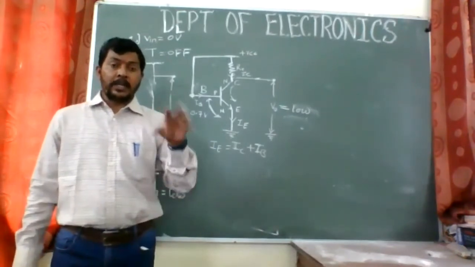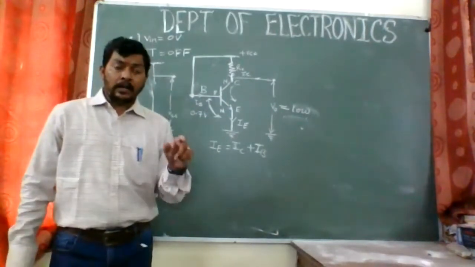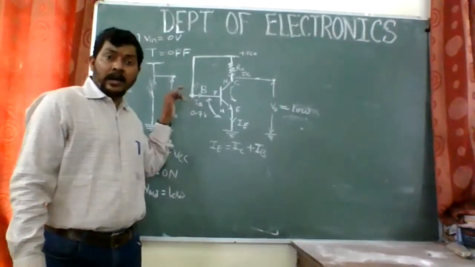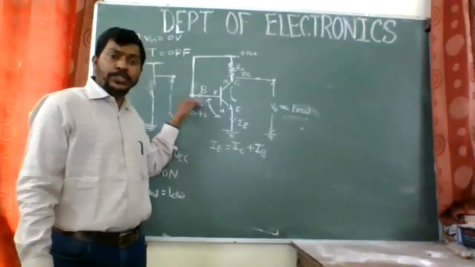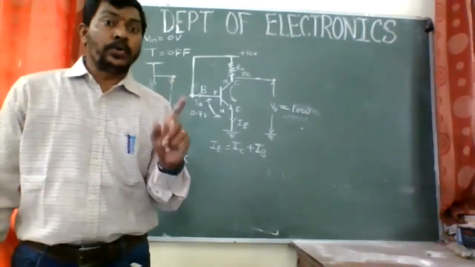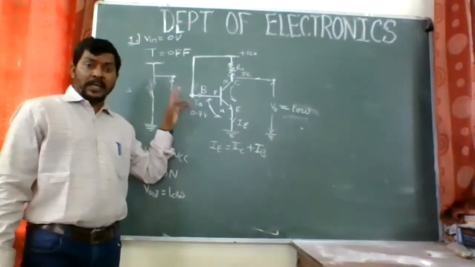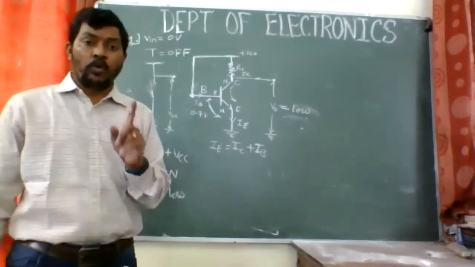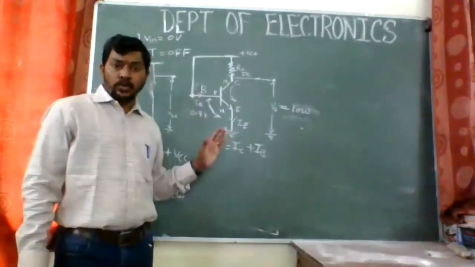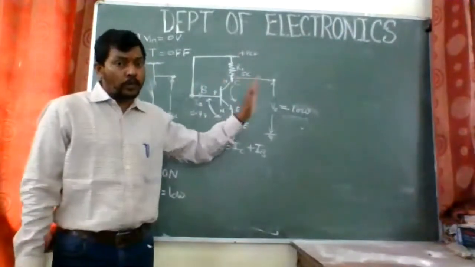So I will be taking it on the presentations part, right? For that, you should understand, unless and until you have a potential of 0.7 volts at the base of a transistor, the transistor is not going to work. So if you need a transistor to work, the base of that transistor should be given 0.7 volt. Of course, it should be connected in common emitter amplifier configuration, and also it depends on what type of input we are applying and what type of output we are expecting.